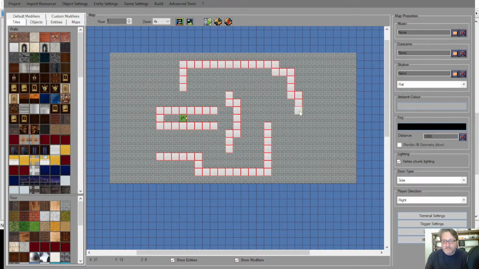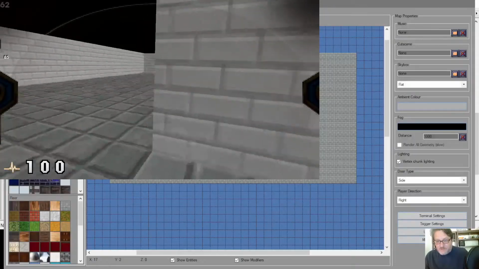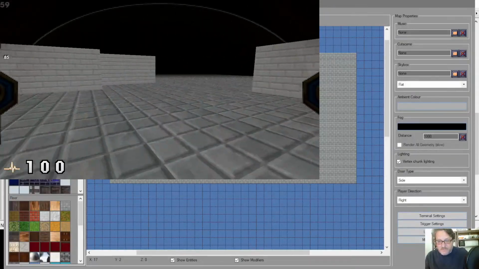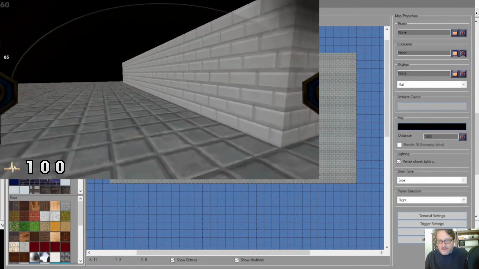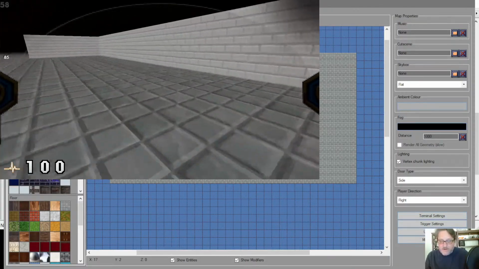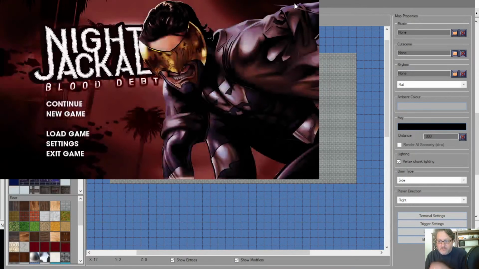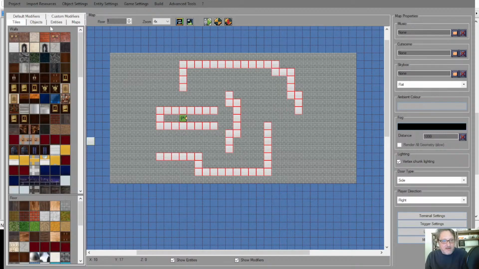And so here you go. If I hit this button to test it, you get the idea. It's really simple to set up. It just makes these blocky tiles, and you still have to make your textures, or you can find them and download them and whatever. But you get the idea. And then you add in